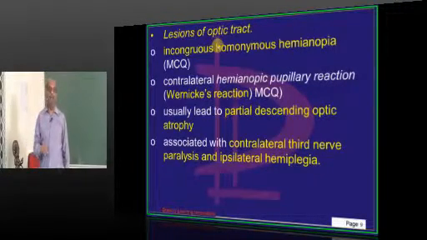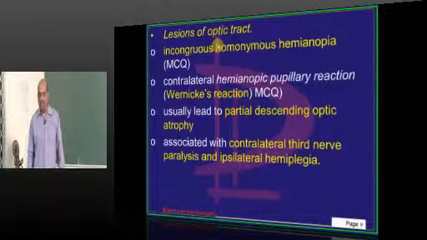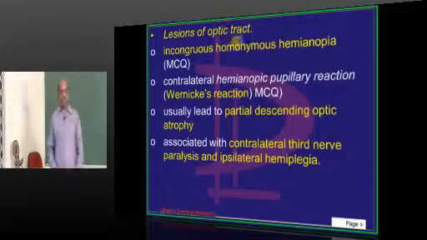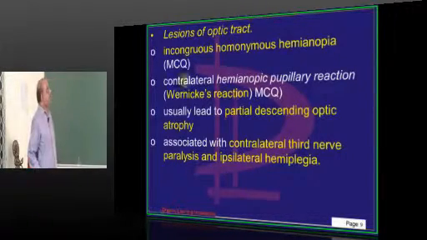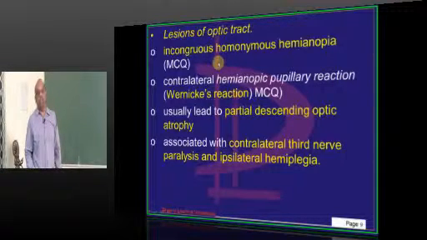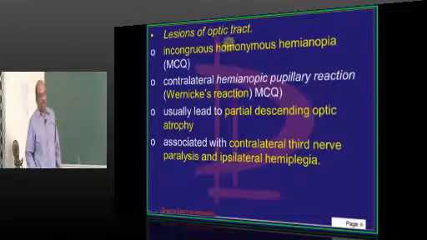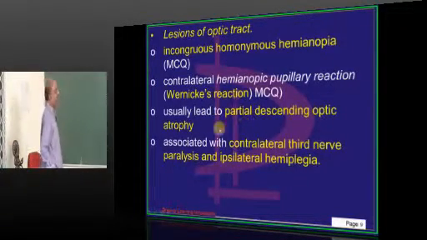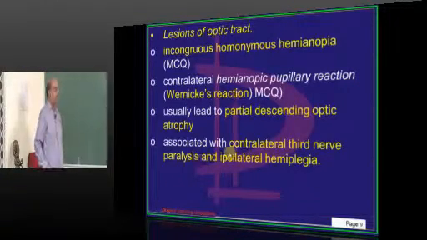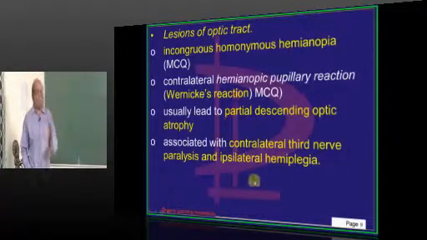In this, who are there? What are the fibers carried? Same side temporal fibers and opposite side nasal fibers. So because of a compression on the optic tract, the lesion is called incongruous homonymous hemianopia, is what you typically have if there is any lesion of optic tract. Then there is an optic atrophy as usual, and in addition, those conditions which are compressing the optic tract will also lead to,